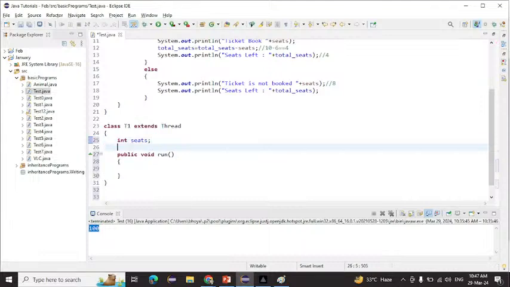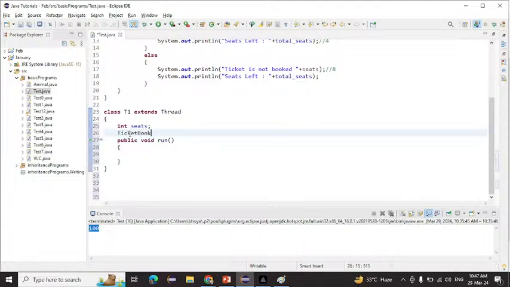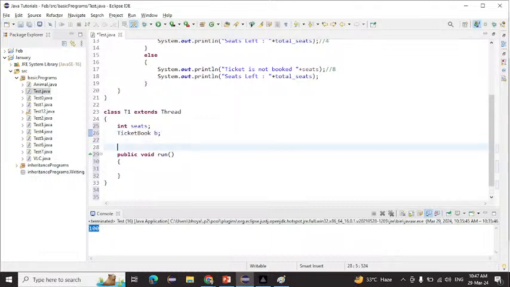Okay, you can pass it directly from here, but I'm not passing directly. I want a dynamic value, that's why I'm not passing from here. After that I will create an object, or reference, for this one as well. So TicketBooking, here I'm writing B. Simple thing I'm writing here, and after that I will create one constructor here, public T1, and